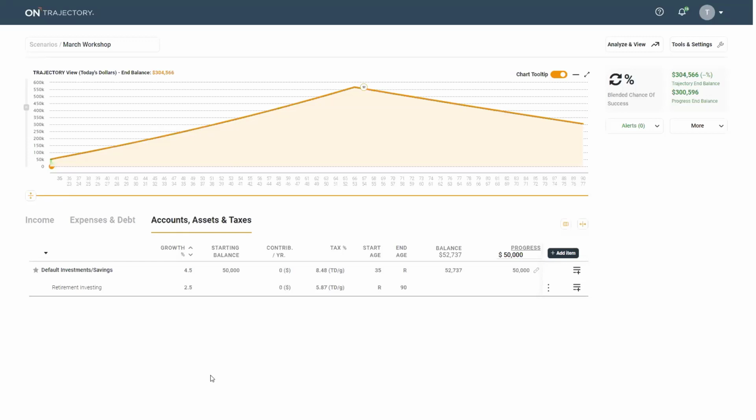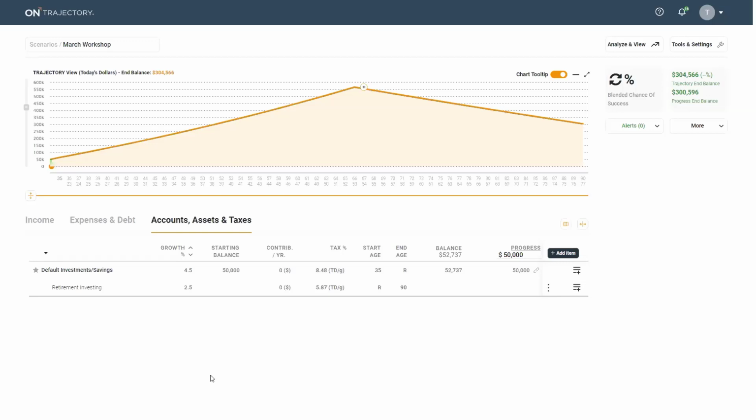So she sits beside me. We open up On Trajectory. Of course, all my accounts are linked. I hit refresh and boom, big decrease in our current situation. And I thought she was going to give me a hard time, not give me a hard time, but have a more emotional reaction. And she looked at the chart and she said, "Oh, we're okay. That's fine." She got up and she left my office. In that moment, I realized, wow, On Trajectory is good in good times, but it can also be good in bad times